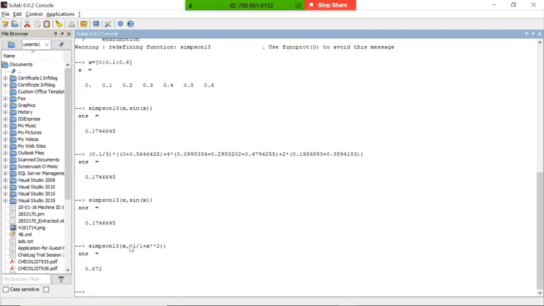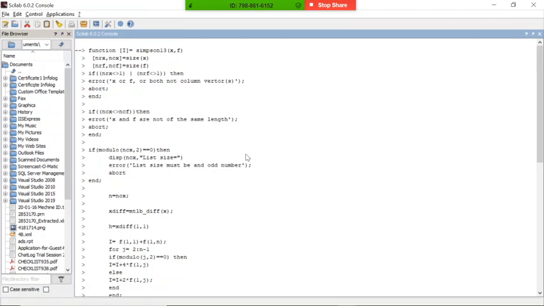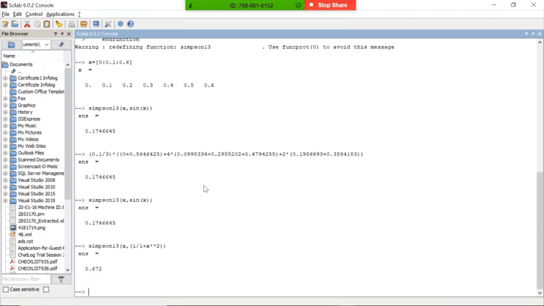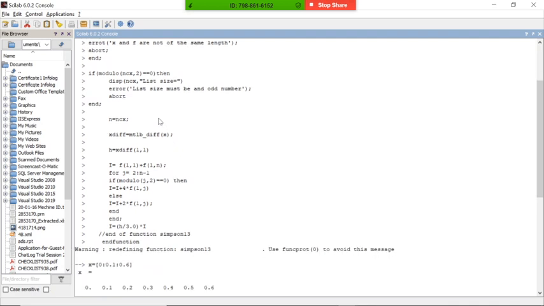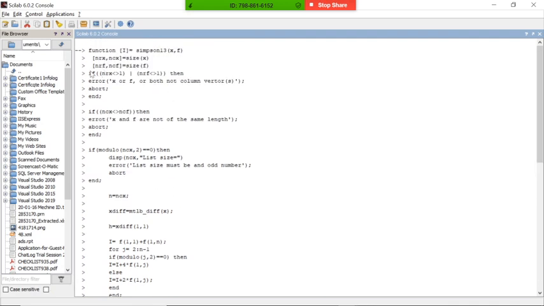So whatever function we want to write, we can pass as a function parameter, and whenever we pass it, it will calculate the values with regards to x values and store them as an array. F is a stored array for each and every value of x. Because of that reason we are checking the sizes here. If the sizes are not matching, then we say these are not valid values.